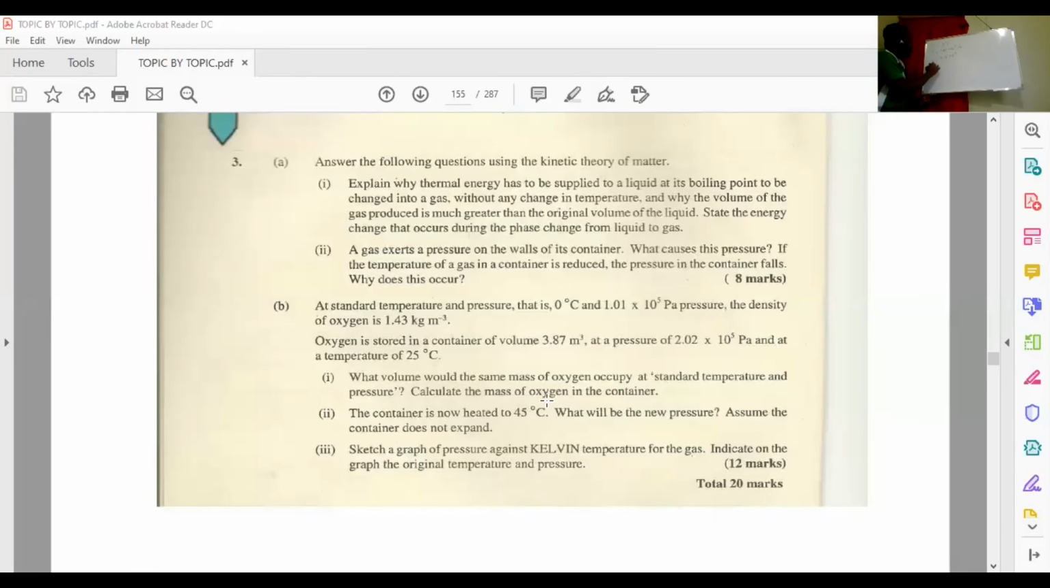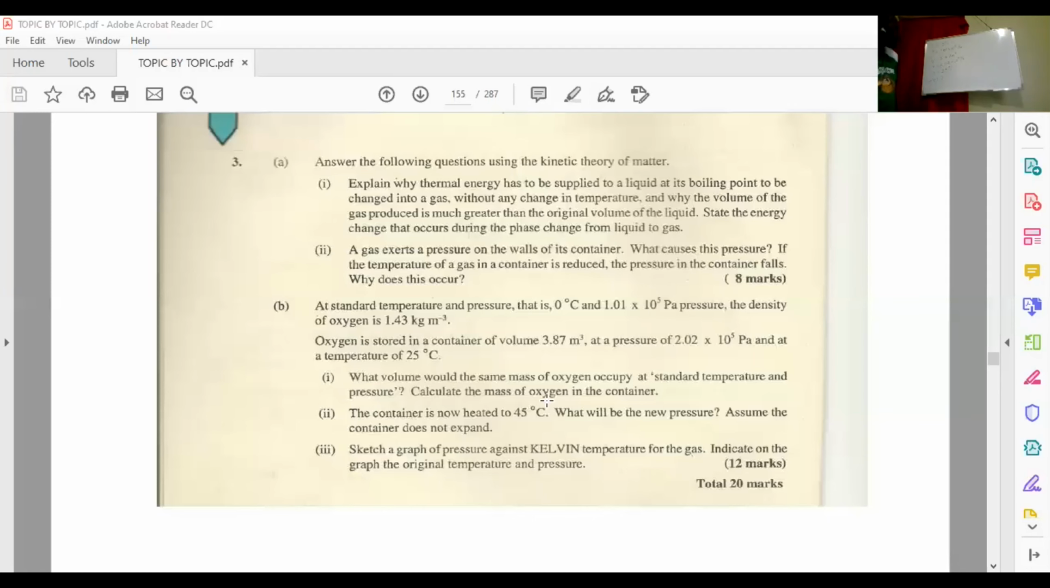And at this same pressure, it is 2.02 times 10 to the 5th Pascal. And it's given that the temperature is 25 degrees Celsius. And the first part here is to find the volume at room temperature and pressure. All right, so